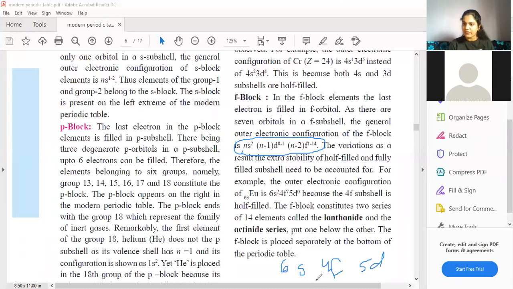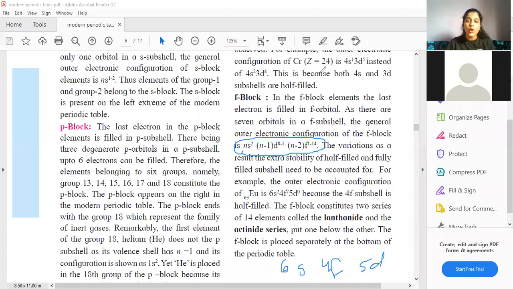So first we will fill 6s2, then we will fill 4f. It will go from 4f1 till 4f14. And then if even more electrons are left, they will enter 5d. So you can see they have written ns2, they have written (n-2)f 1 to 14, but in (n-1)d they have written 0 to 10. Alright, they are starting from 0, students.